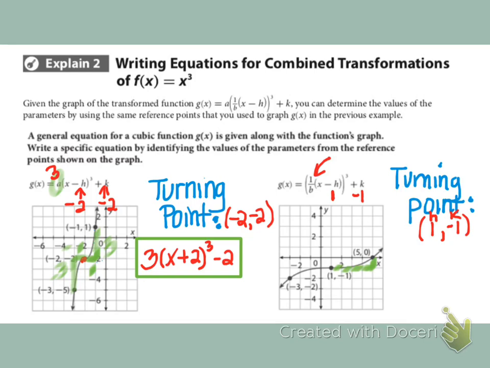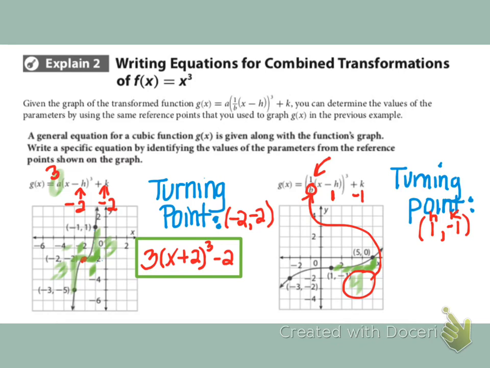Because I'm having to go 4 times as far to the right than I normally do, which is usually 1 to the right and 1 up, now I'm going 4 to the right and up 1. I know that that stretch amount is actually 4. So I'm going to take that 4, and that's going to go in place of the B, right? It's going to go in for B. So that's actually going to make that 1/4. Okay, that's why when I write my functions like that, that 1/4 really means it's a horizontal stretch,